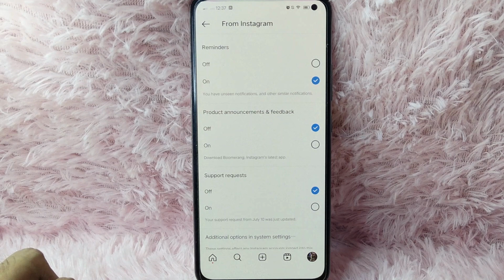There you go. If you wanted to know how you can manage support request notifications, that is the easiest way I know how. If you know another way on how you can manage support request notifications on your Instagram,